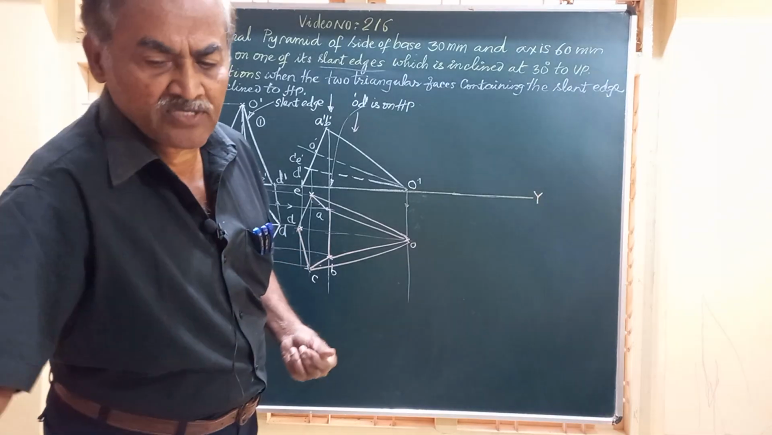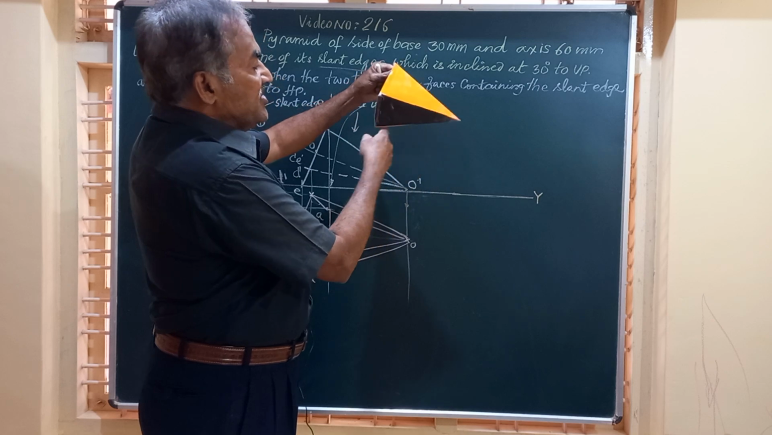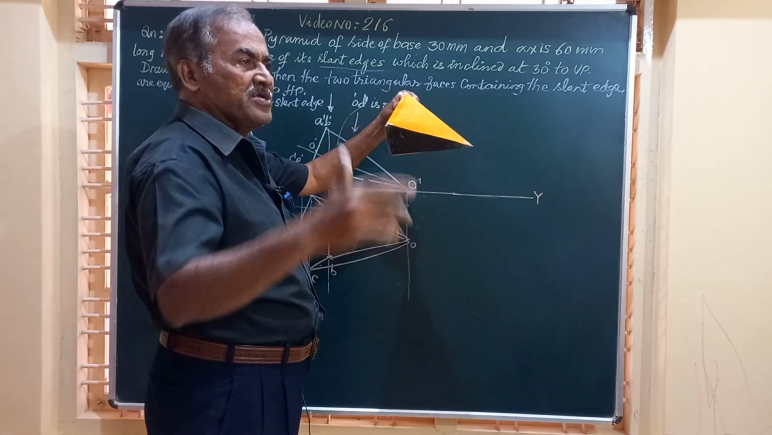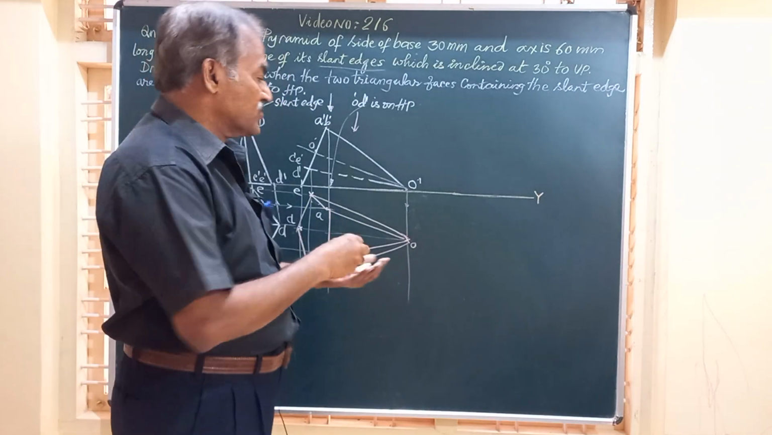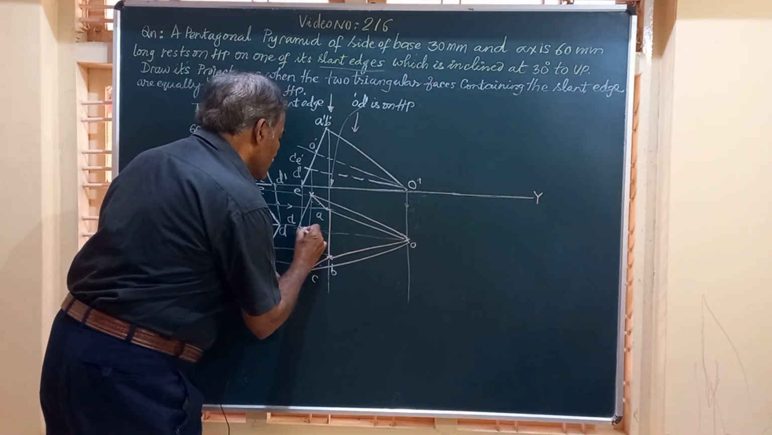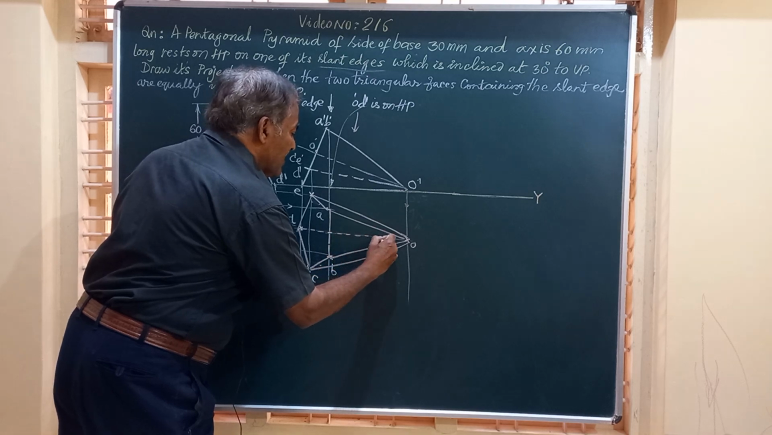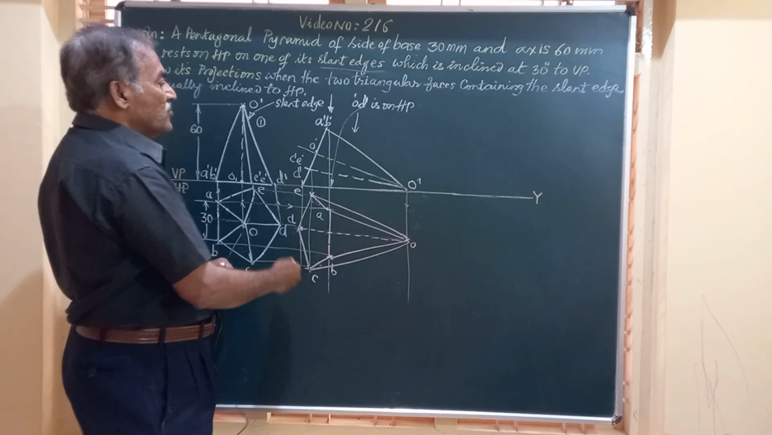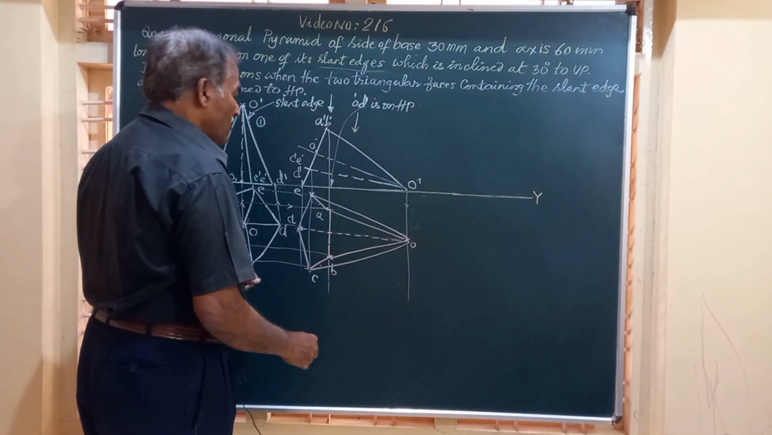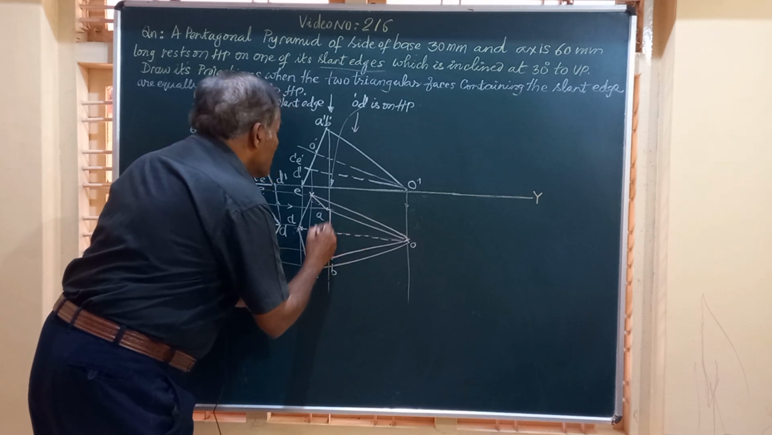Friends, when you have this pyramid resting on one of the slant edges, the edge on which it is resting on HP is not visible in the top view because the body is opaque. So I have to show this OD, the slant edge, by a dotted line or an invisible line. Friends, this is how the pyramid looks in the top view, and you can find here this is O1, we